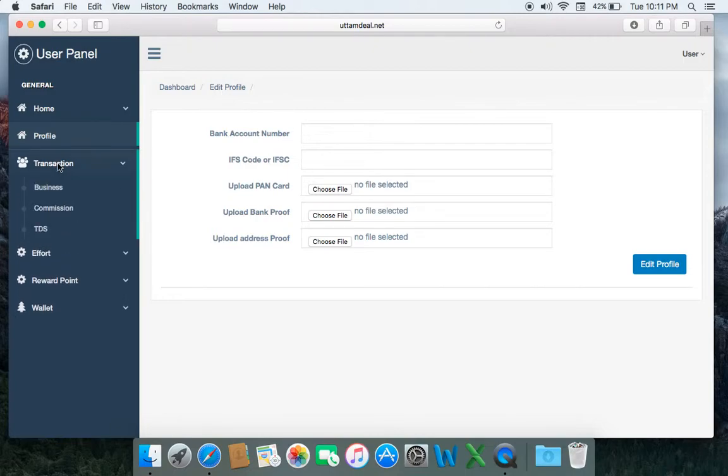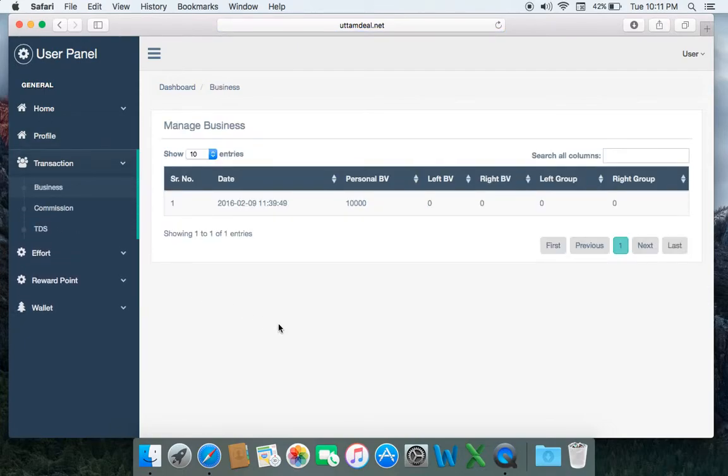I'll go into the transactions section now, which talks about the business commission and TDS. So this is showing the ledger of my business, and as we had just made a purchase, you can see that everything, including the time when we made the purchase, my personal BV, left BV, everything is displayed in a ledger fashion.